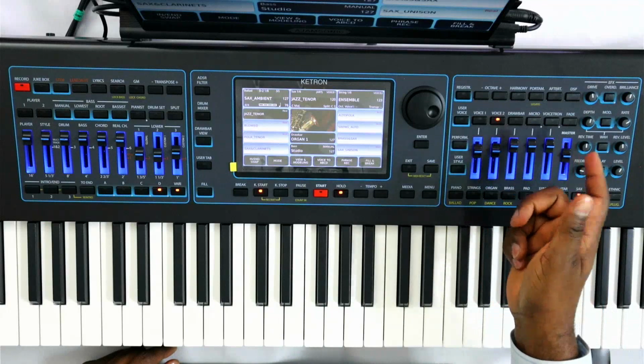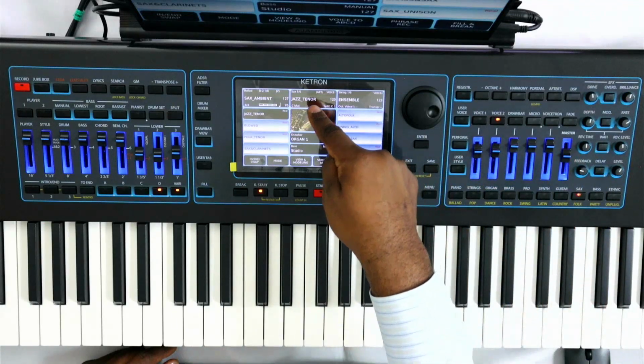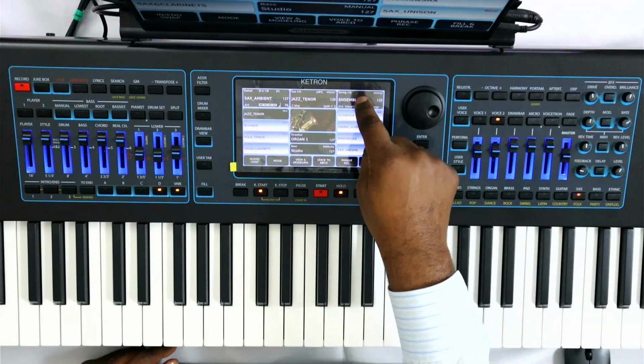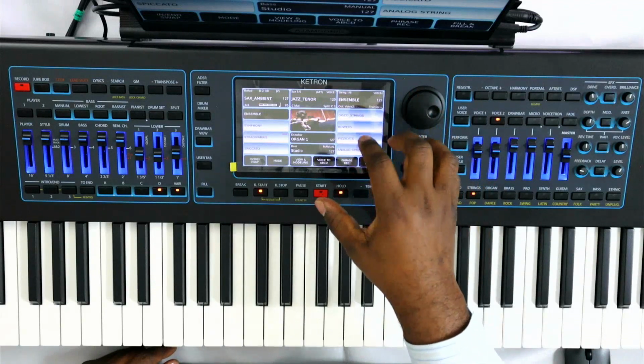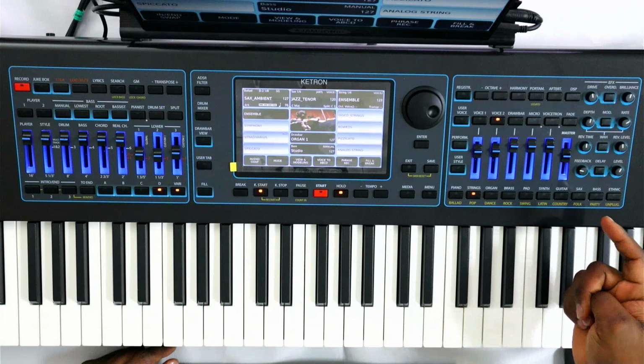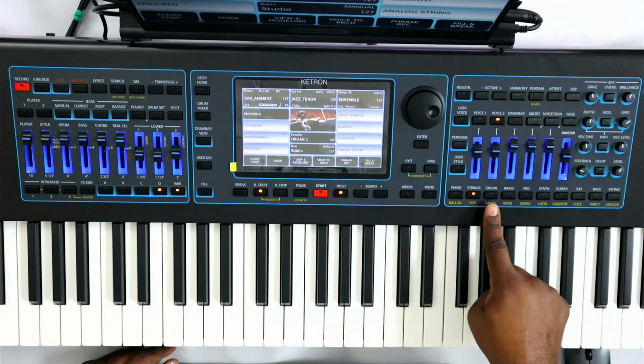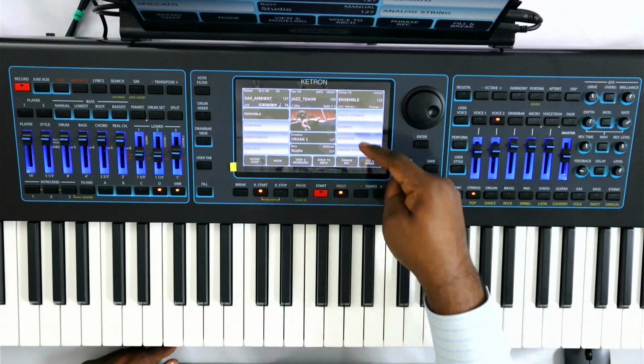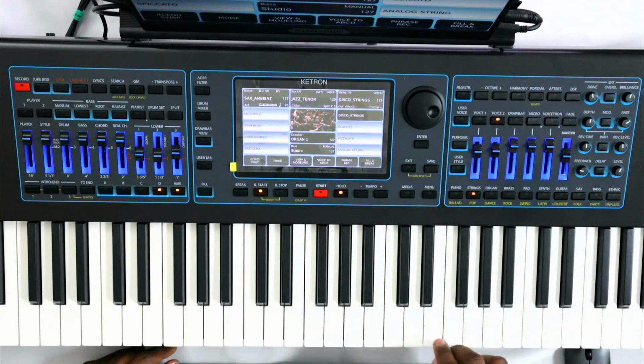Now to make a selection, again, you remember I told you before you had these 2 boxes. This is now voice number 2. And so whatever you're doing right now will impact voice number 2. Make a selection. If I want to go, let's say, to the string category, I would go over here, hit strings, and I can make a selection here, disco strings. Okay, so now